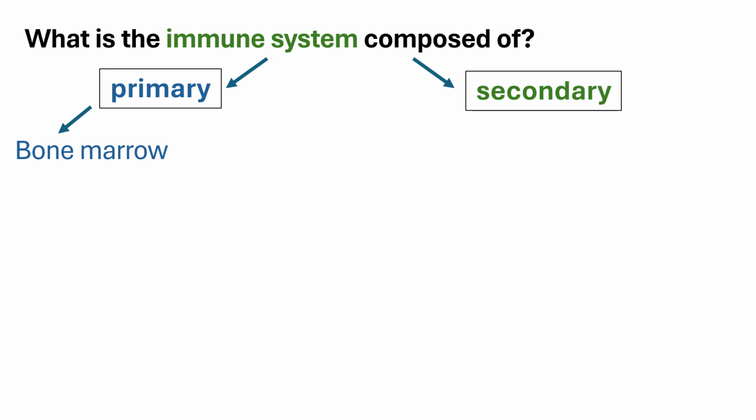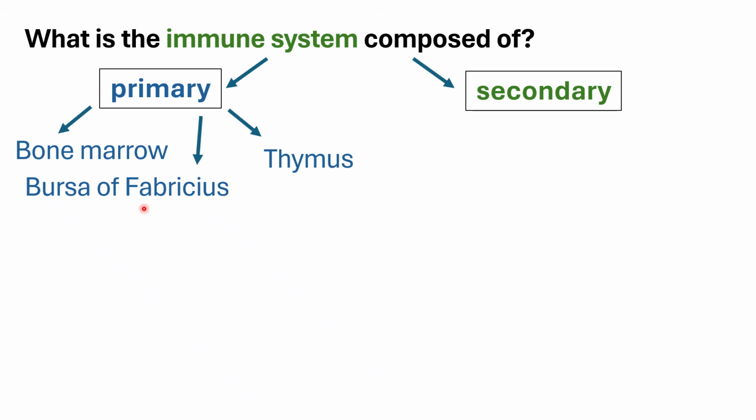Okay, the primary lymphatic organs are usually the ones that produce and prime, teach your lymphoid cells what they will do. And that is to be able to discern whether an antigen is the body's antigen, so it's normal, you don't have to fight it, versus if it's an enemy. Okay, so for the primary, again, we have the bone marrow, wherein all the immature progenitor cells of your lymphoid system come from. And then in the birds, or avians, you would have your bursa of Fabricius, and of course, your thymus.